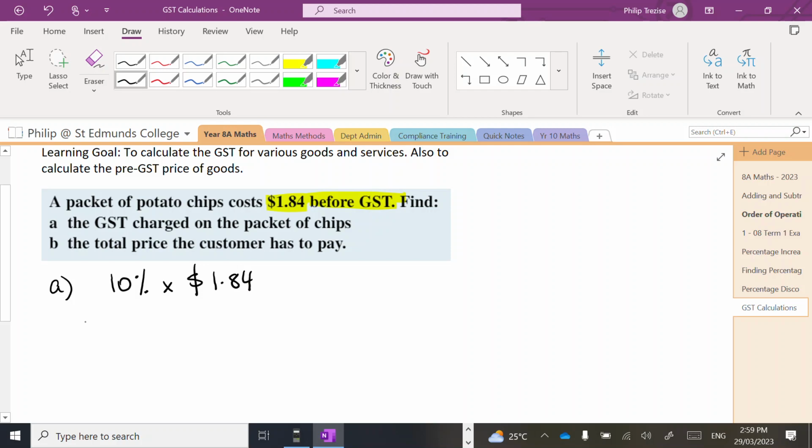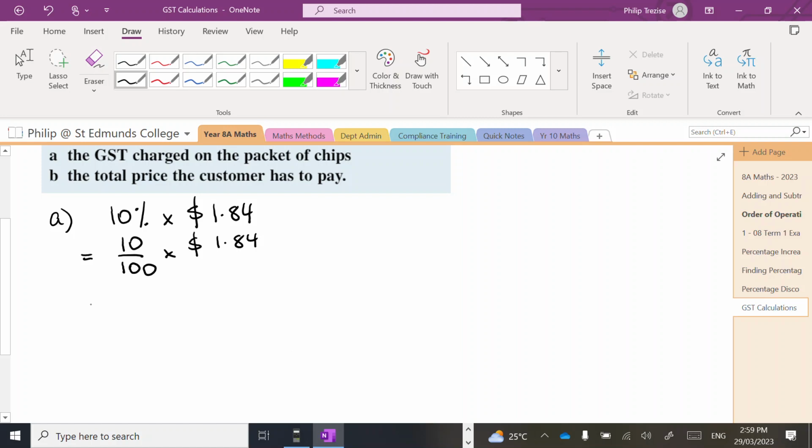$1.84. As we've seen before, we change 10% to the fraction 10 over 100. Now we could use the calculator, or in this case, you can see that 10 goes into itself once and 10 divides into 100 10 times. Effectively, we're dividing by 10. So the decimal point will move one place only. So it will become